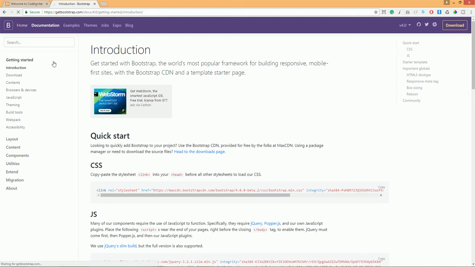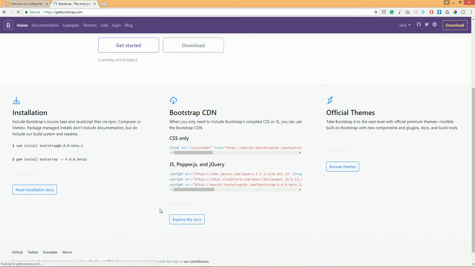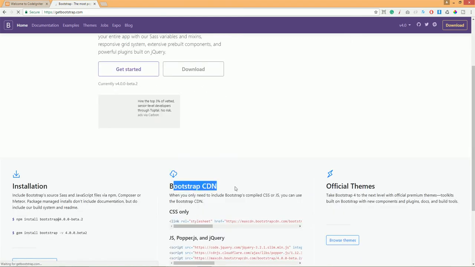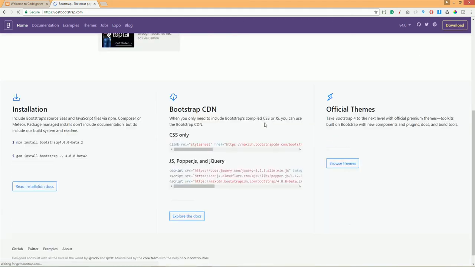And by the way, we are going to embed Bootstrap in this project. They have a CDN, the 4.0.0 beta 2 version. So I'm not going to download some files. We are going to embed the CDN. So copy that bad boy,